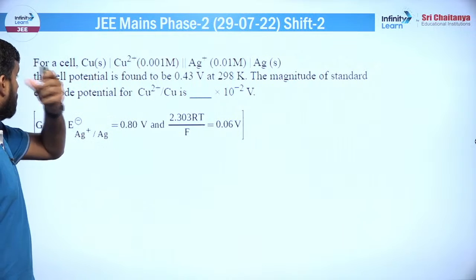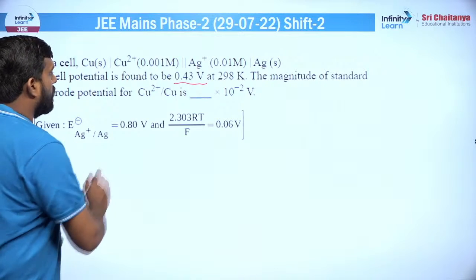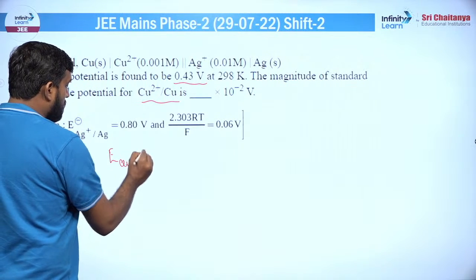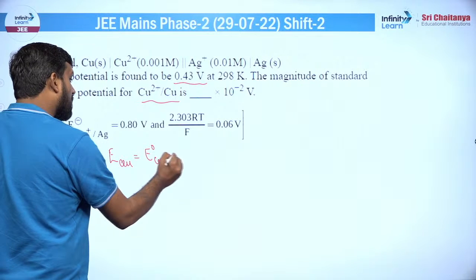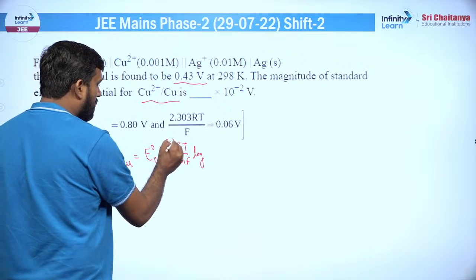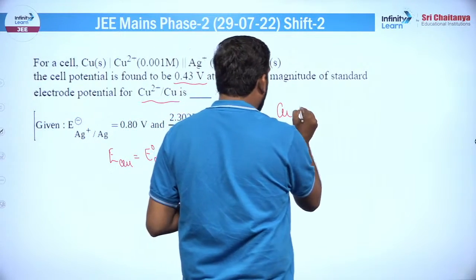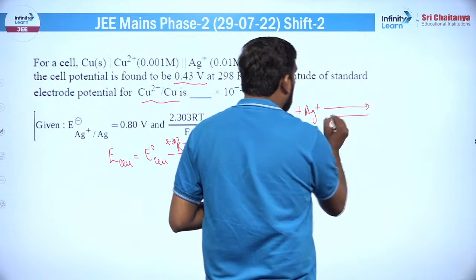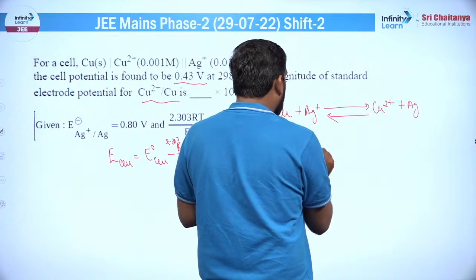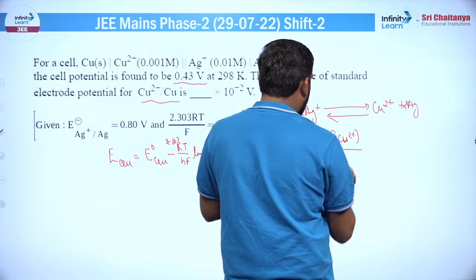नेक्स्ट क्वेश्चन है, for a cell, आपको एक सेल दिया गया है। The cell potential is found to be this, तो E cell आपको पता है at 298 Kelvin. The magnitude of the standard electrode potential for this आपको निकालना है। तो चलो इसको सॉल्व करना पड़ेगा। कैसे सॉल्व करेंगे, नर्स्ट इक्वेशन से। तो E cell क्या होता है नर्स्ट इक्वेशन के मुताबिक, ये होता है E° of the cell minus RT/nF log of, इसको 2.303 भी कर लो, ईजियर कैलकुलेशन के लिए, log of Q। अगर आप रिएक्शन को पहले लिख लो एक बार, तो जो रिएक्शन चल रही है वो कॉपर प्लस Ag+ कंबाइंस टू गिव यू, जो इक्विलिब्रियम रिएक्शन चल रही है, यहां पर Cu2+ बन रहा है और यहां पर आपको बन रहा है Ag। तो अगर आप यहां पे K लिखोगे तो K आ जाएगा Cu2+ की कंसंट्रेशन अपॉन Ag+ की कंसंट्रेशन। अब बैलेंस कर लेना, 2 लगेगा यहां पे, अपॉन में यहां पर आ जाएगा क्या आपका 2 टाइम्स